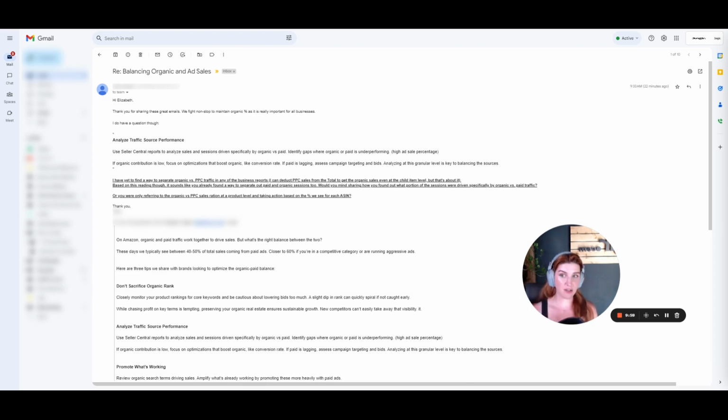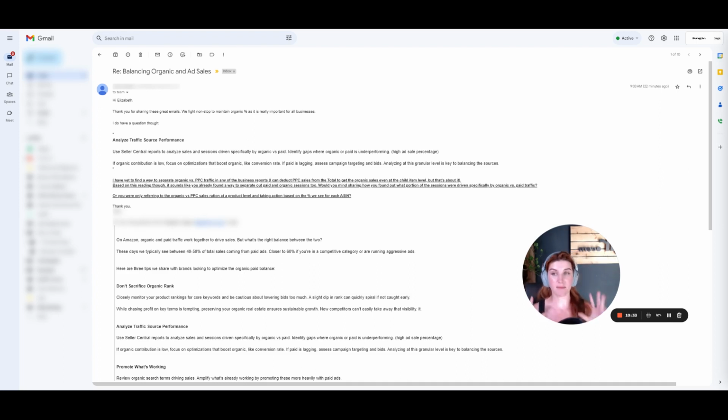However, using the ad sale percentage gives you context as to how quickly, or how incrementally and slowly, you should be lowering your ad spend. In this particular case, the brand was very adamant that they needed to lower the ad spend, but looking at the ad sale percentage, 75 to 80% of their total sales were driven through ads. In this case, if we significantly decrease the ad spend, more likely than not, we're going to have a significant decrease in the total sales volume as well.